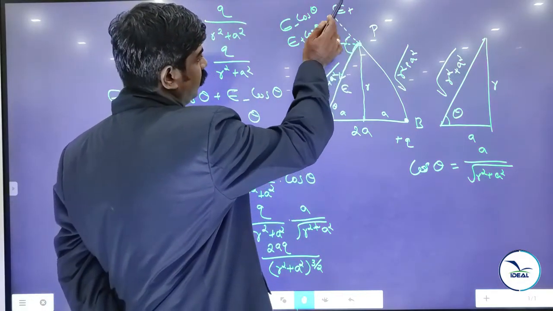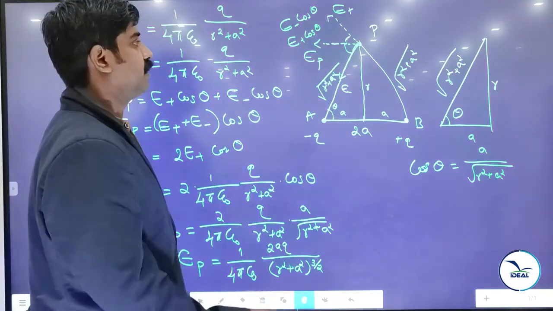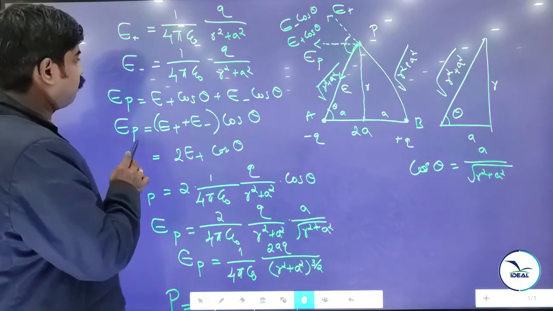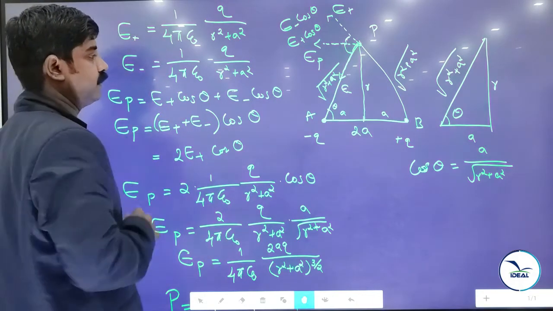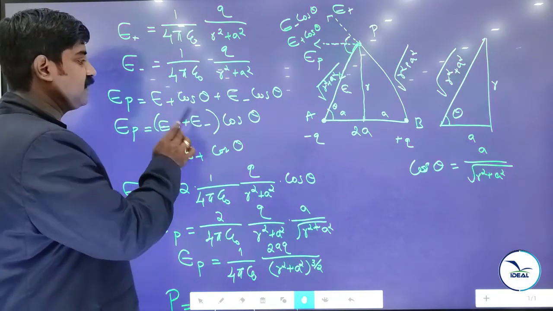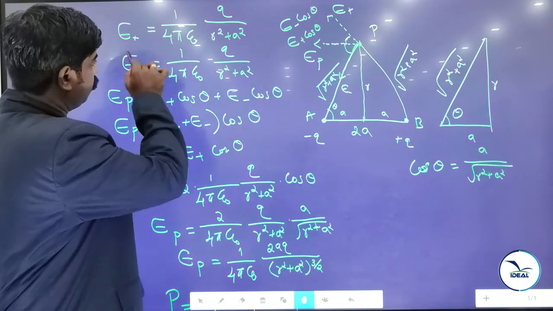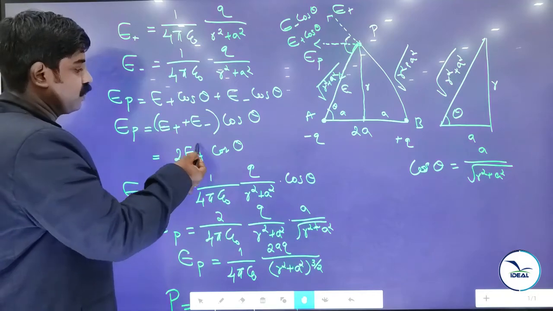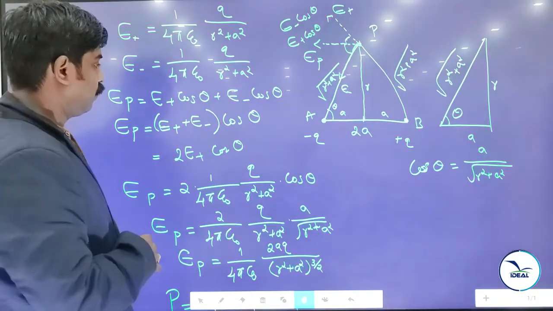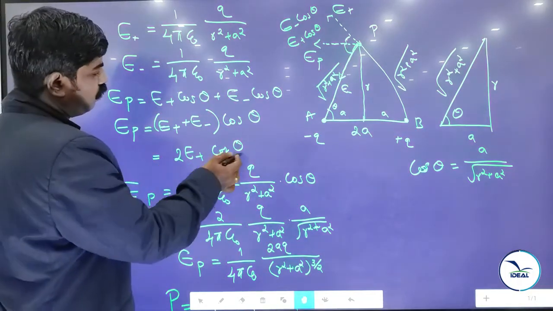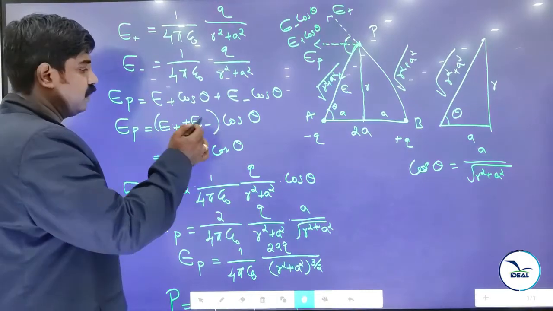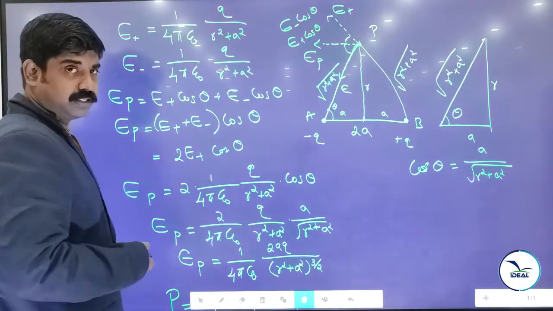Okay, so we considered two charges and a point, which we considered here as P, and we found out the electric field at this point, E plus and E minus, and the magnitudes are same. Then we have EP is equal to E plus cos theta plus E minus cos theta. Then it is E plus E minus cos theta. Here both are same, so I consider both as E plus, then 2 into E plus cos theta. Or no need of writing this, you can directly substitute the value for E plus and E minus, you will get the same answer.